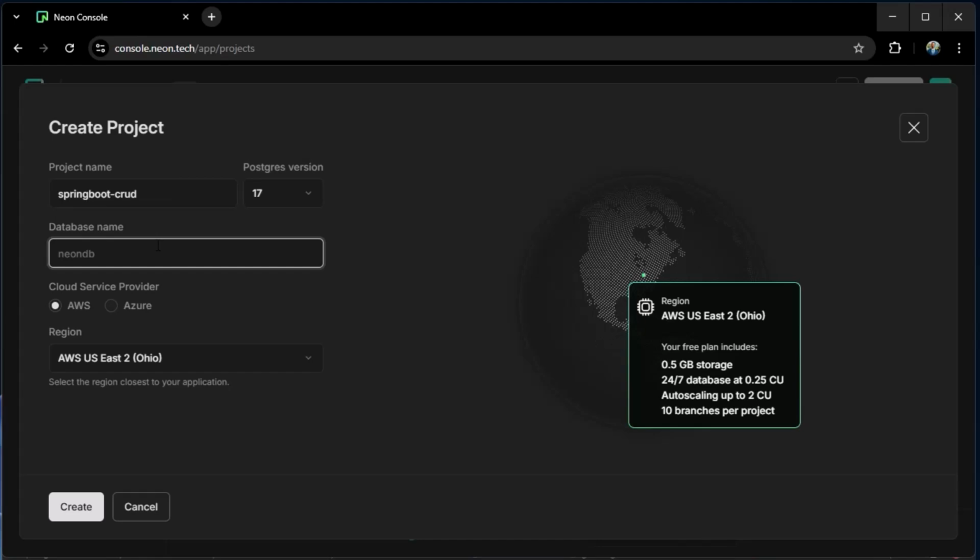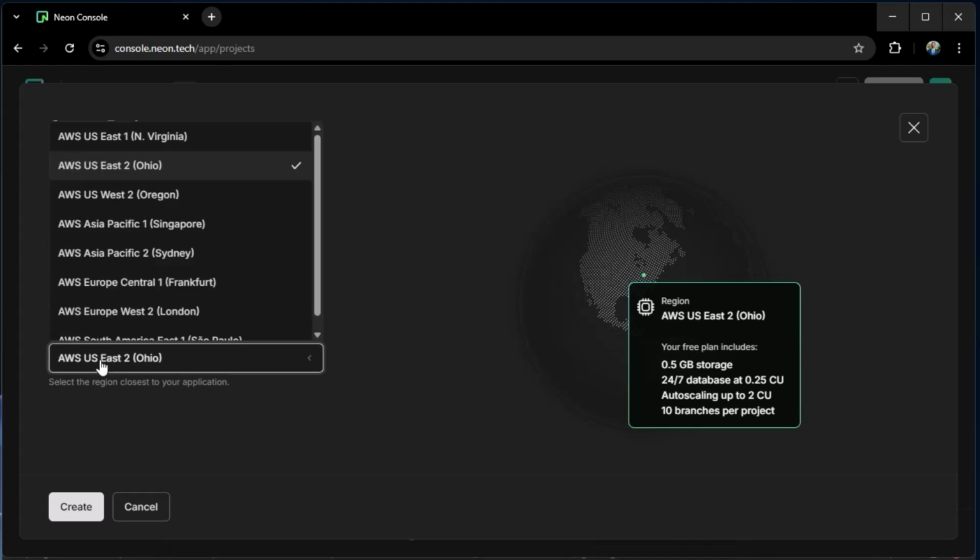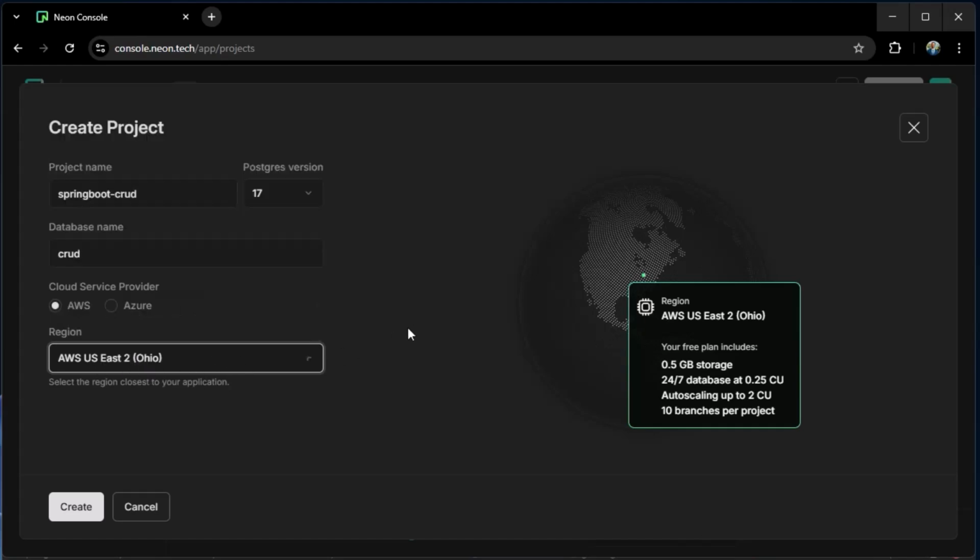And the database name, let's call it Cloud, and you can choose whatever provider that you like. I will leave it as it is, and just make sure that you choose a region which is closest to you. I am going to keep using this US East 2. Let's just click on this create button.